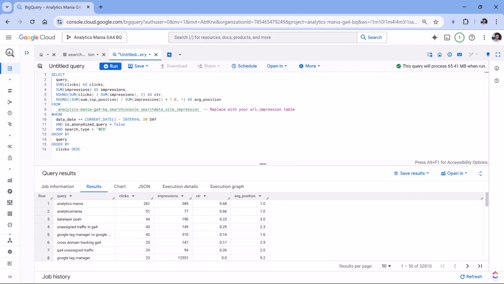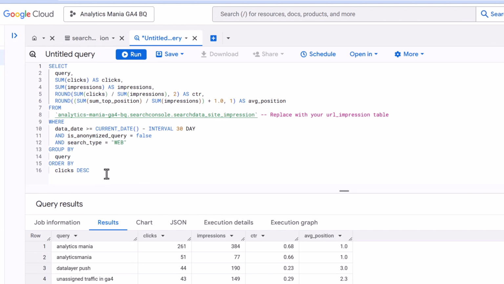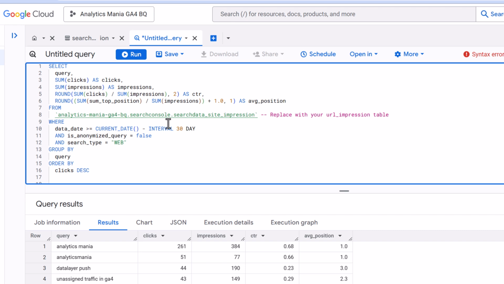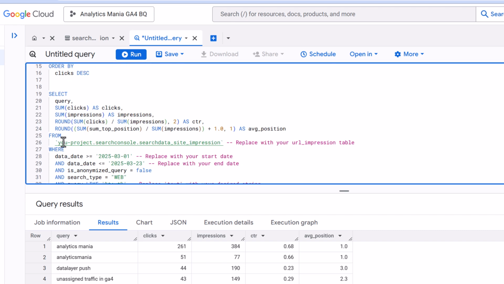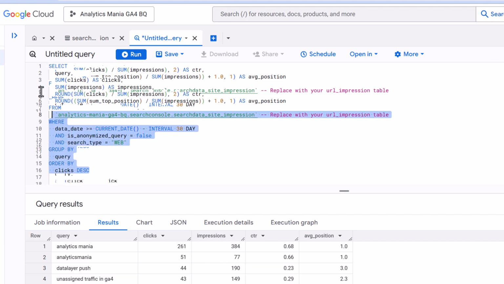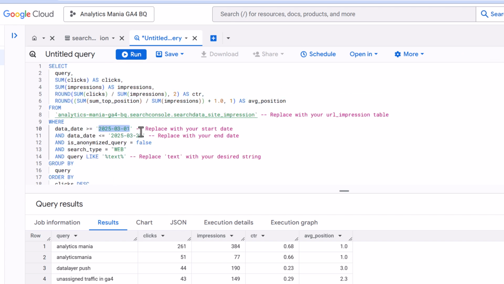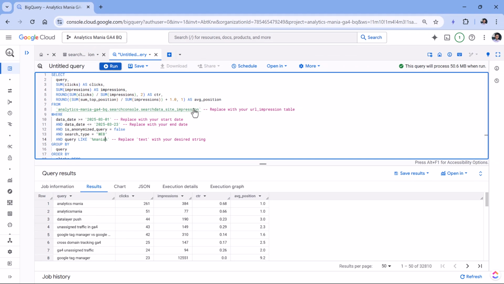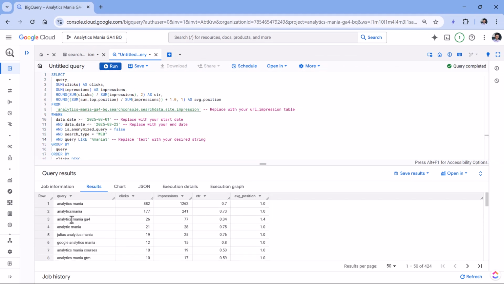Then we can take a look at certain queries, and top queries, but only if they contain a particular text. So to do that, we can copy another query. Then I will replace this and insert it right here. Then I can change the dates, or if you want, you can use that interval that we used before. And then here you can enter the text that you are looking for. For example, I will be looking for Mania. And then I click run. And these are all the keywords that contain the word Mania, and this is how many clicks that I get,